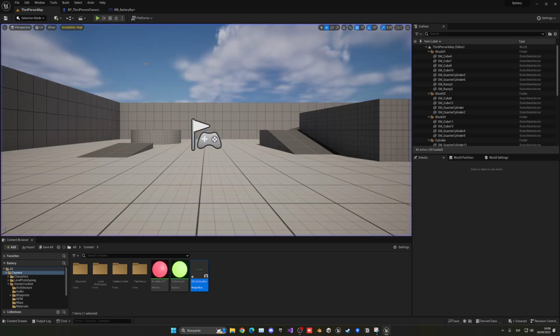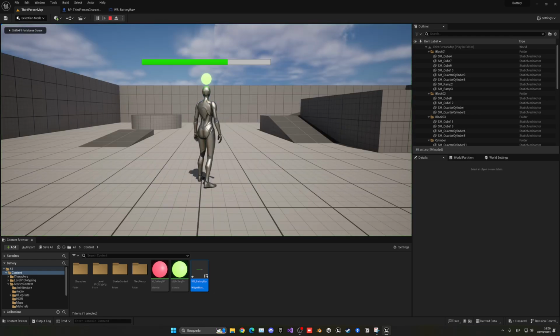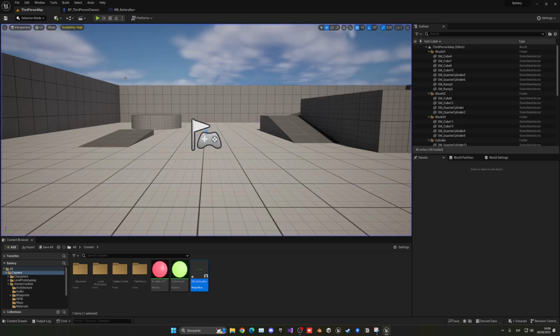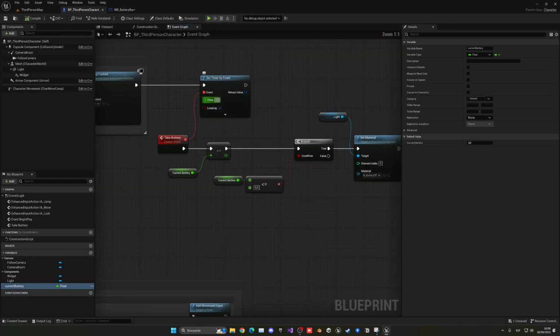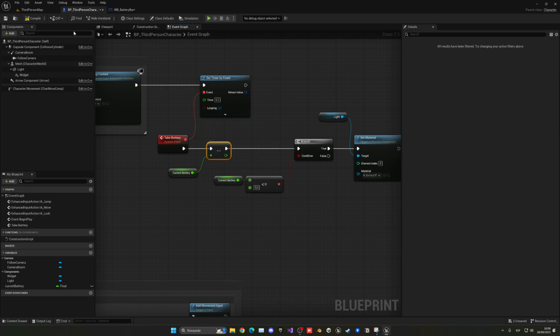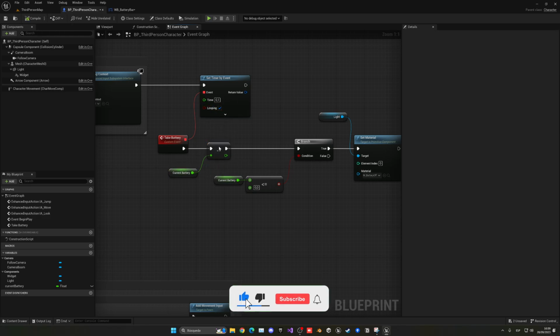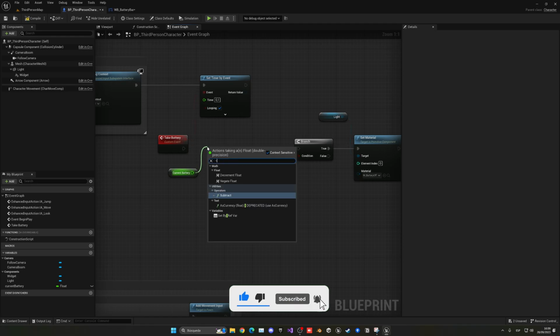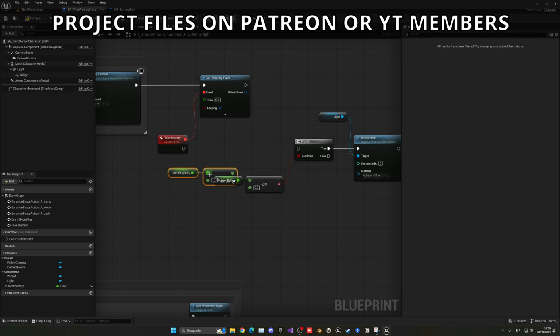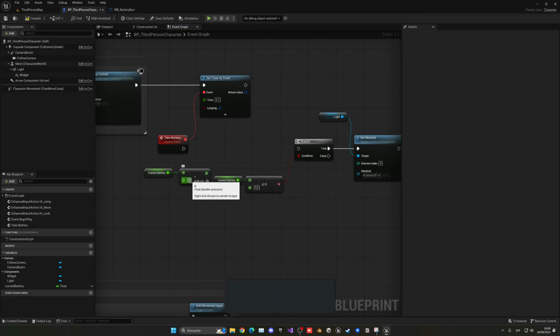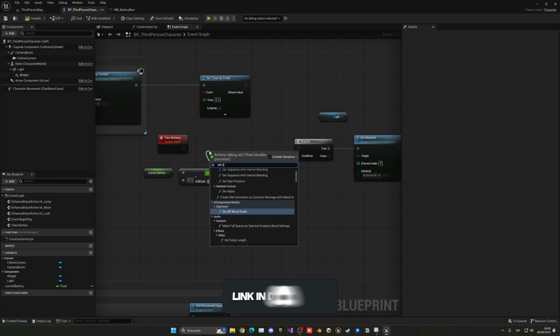Now you can see that it is working, but it is updating not so often and just in big chunks, which doesn't look very good. So that's a quick thing that we can do, and just go to the event graph and change how often this will update. In my case, let's just put it to maybe 0.1. Now of course, if we change this to update more often, it will also take the battery more often. So instead of just decreasing directly by 1, we can just subtract it by, let's say, also 0.1. So now we can just go ahead and set the current battery,